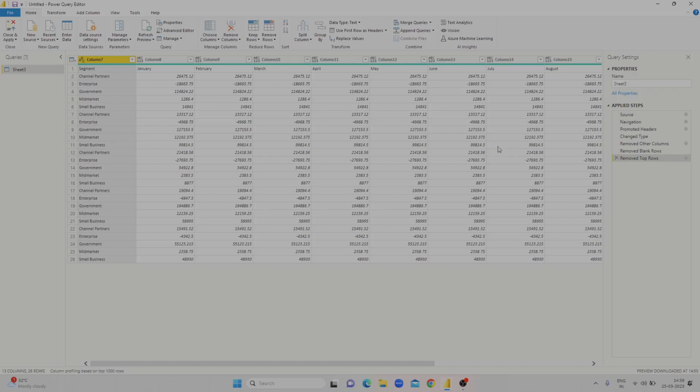So it is quite simple to automate stuff using Power Query, as you can see. Okay, so all we have to do is close and apply. Let's apply changes. Okay,